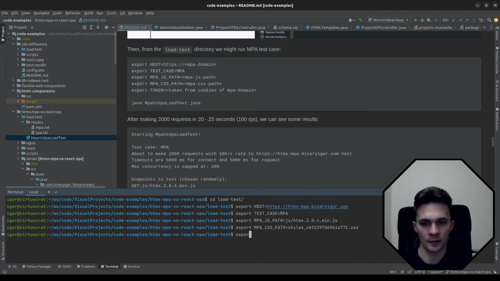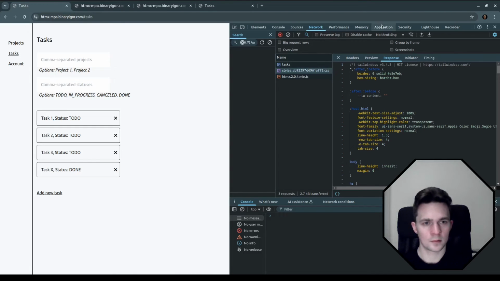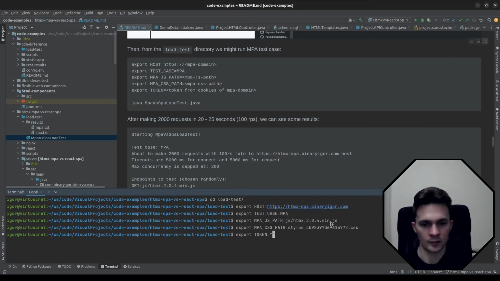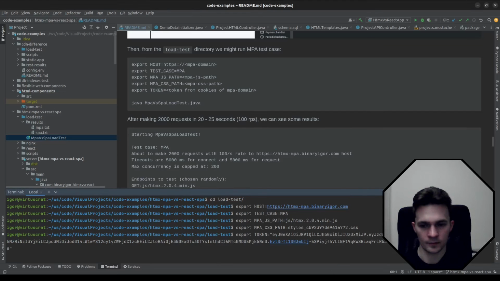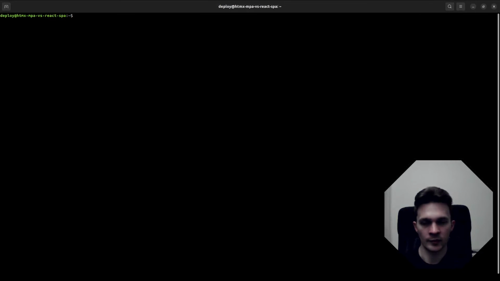Right, and we also need to have a token. It's quite long. Let's copy it. Alright, it should work, and before running it, we can also go to the console where I am signed in to my machine,